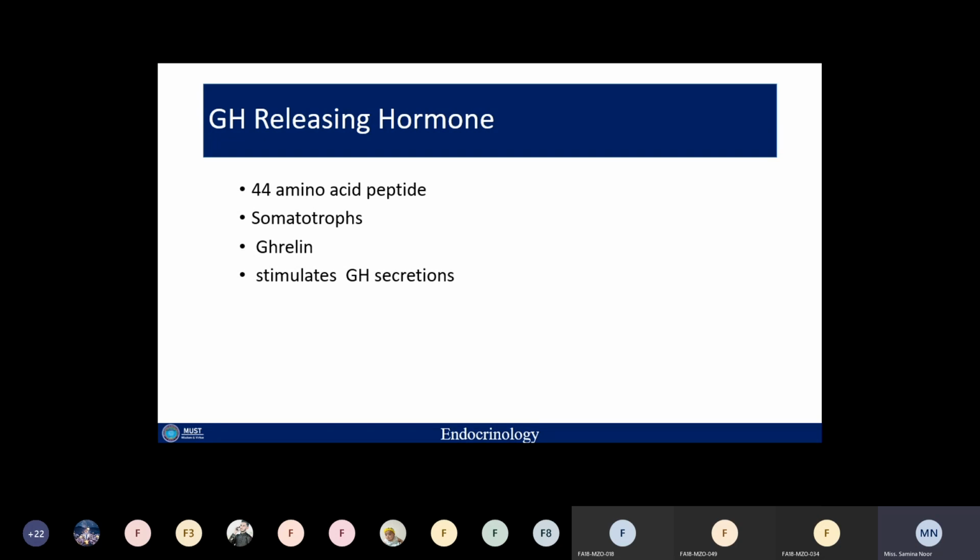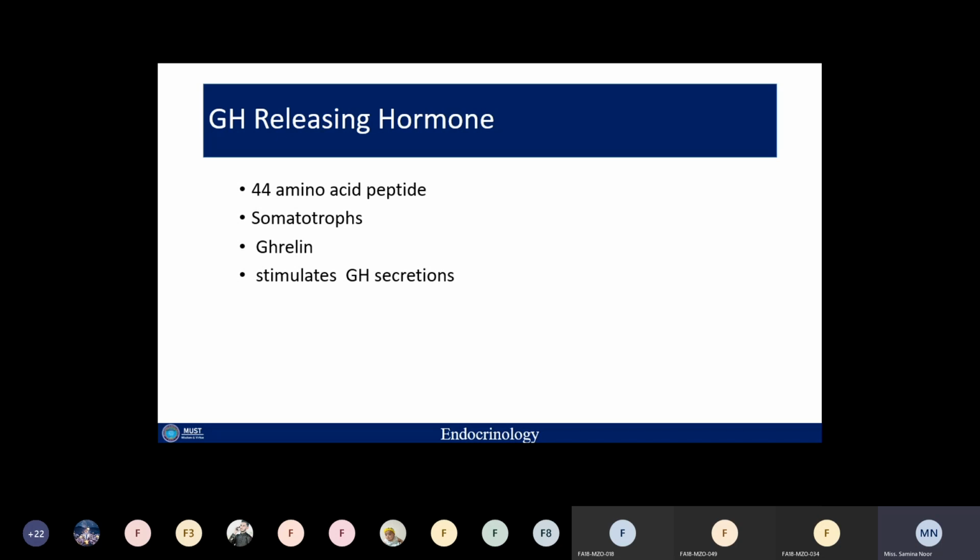A growth hormone releasing hormone-like peptide is also isolated from certain kinds of tumors. For example, a human pancreatic tumor also bears a peptide that is the same as the growth hormone releasing peptide synthesized or secreted from the hypothalamus. So there are certain other body regions that secrete growth hormone releasing hormone other than the hypothalamus.